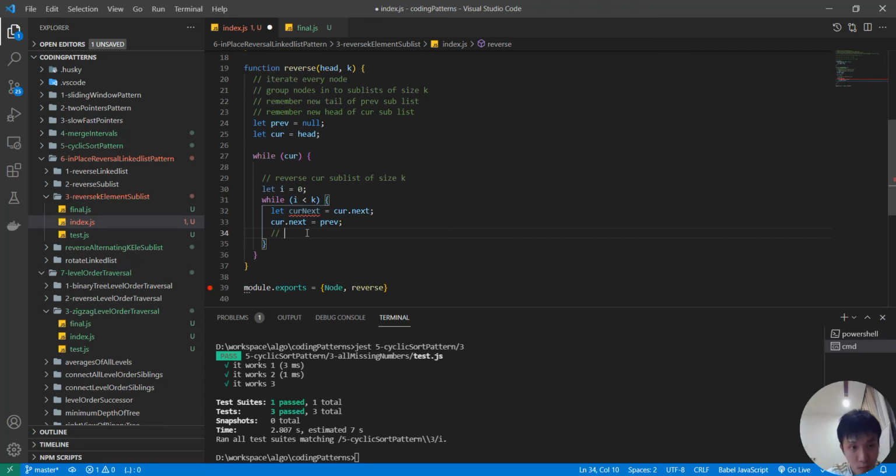So here, processing, before the next iteration, right? We must reassign the previous node. Previous is current, right? Previous is reassigned as current,